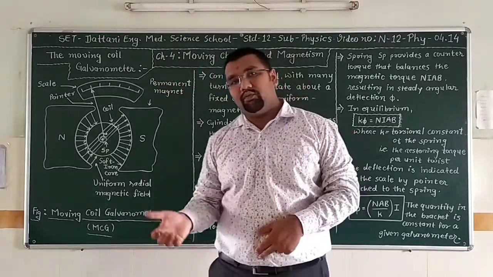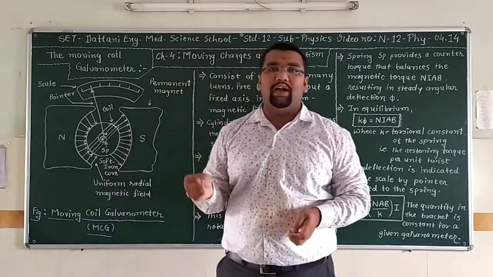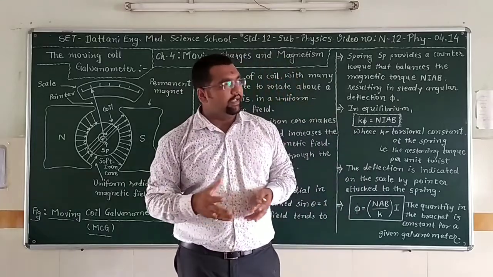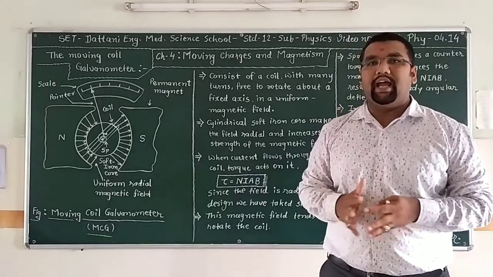How can we find the voltage drop between two ends of a resistor? One can find this current and voltage with the help of an